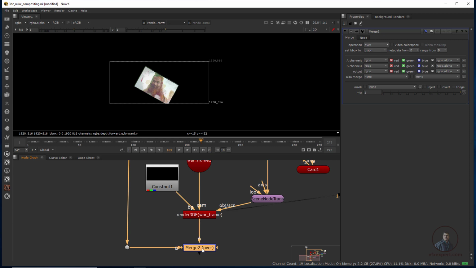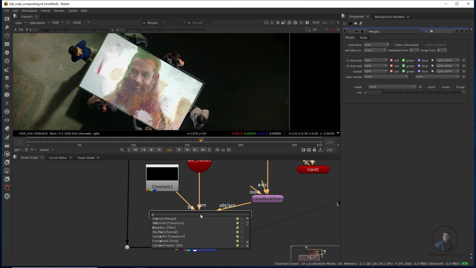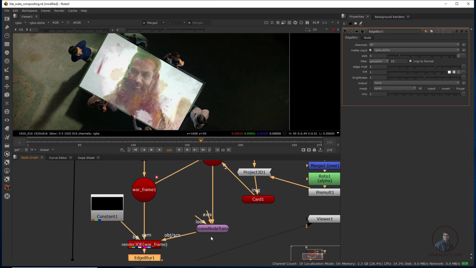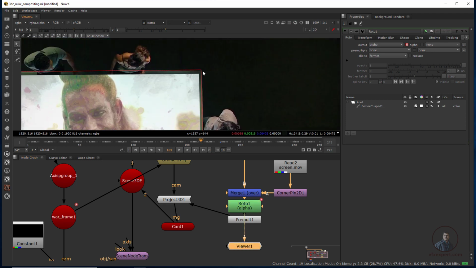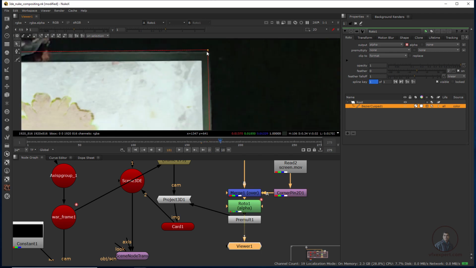Now press 1 and select this one. Now here you have to complete it. After this if you want a little bit of edge blur, then press Tab and add EdgeBlur. If you want, adjust your blur a little bit. After this if you are getting any problems here, you can adjust simply with the help of your Roto node. Okay, so this is our Roto node. Just press 1 here. Now you can adjust these screens. You have to adjust on the same keyframe, otherwise it will animate your screen.